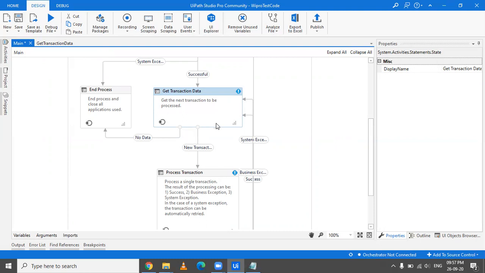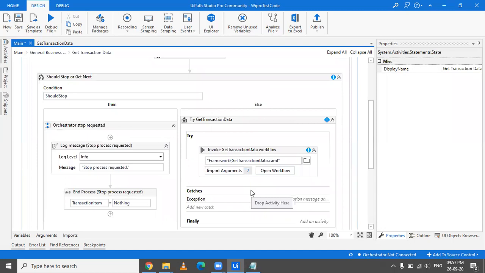Also, sometimes it is asked what is the point of keeping that try catch logic in the get transaction state, and what one should be doing in the catch of the get transaction data. You could say that many times it could happen that you're trying to read something and it throws some error.